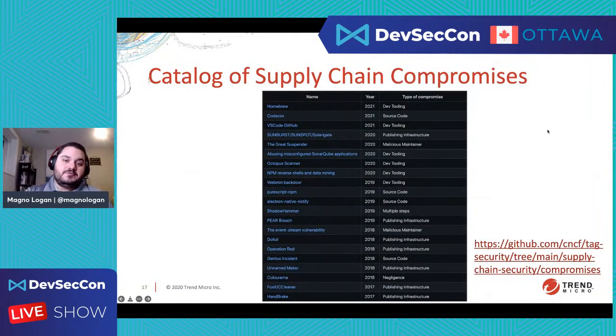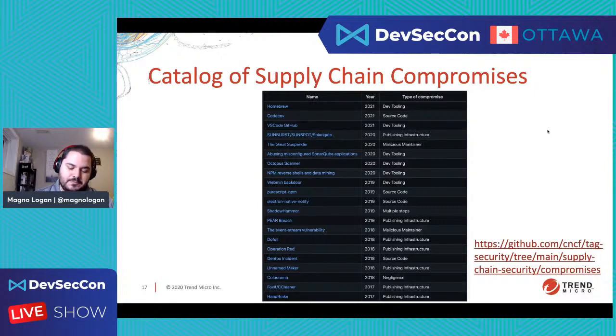On the topic of supply chain still, if you don't believe me on how much supply chain affects your software and your applications, we have a lot of examples here. We have a catalog of supply chain compromises, right? Every time there is a compromise, issue, vulnerability or attack that affects some part of the software supply chain, we list it in this repo, right?